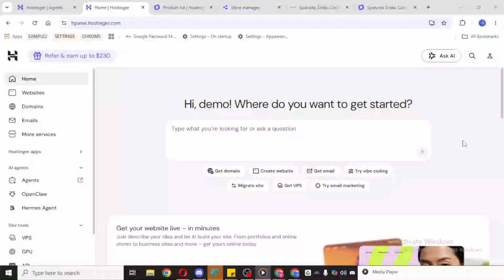In today's video, I'm going to teach you how to add an expand collapse FAQ section in Hostinger Website Builder. If you want to make your website look cleaner and more professional, adding an FAQ section that expands and collapses is a great option. It helps visitors find answers quickly without forcing them to scroll through a large block of text. In this walkthrough, I'll show you exactly where to click inside Hostinger Website Builder so you can place this section on your site with ease.